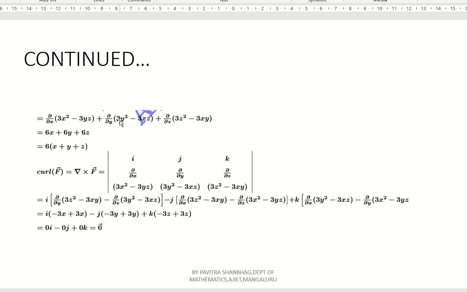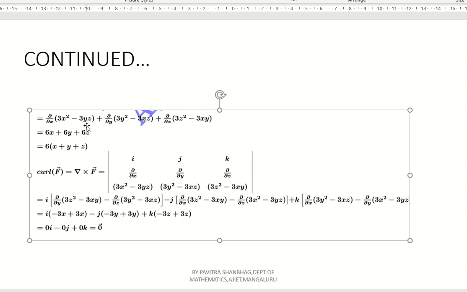Because of that we are multiplying only the coefficient of i with the coefficient of i, right? So here again differentiate, what we will get? Derivative of 3x square is 6x, right? And there is no x term here. Derivative of 3yz is 0. Similarly, what is derivative of 3y square with respect to y? 6y, and derivative of this is 0 because no y term. Again derivative of 3z square is what? 6z minus 0. So what is totally divergence of the given function?